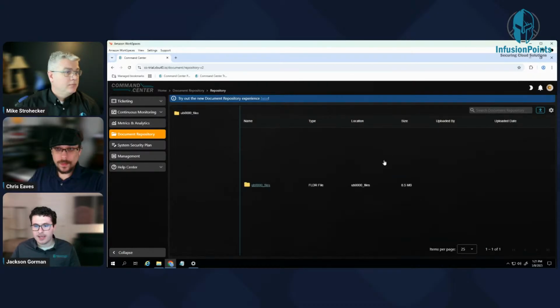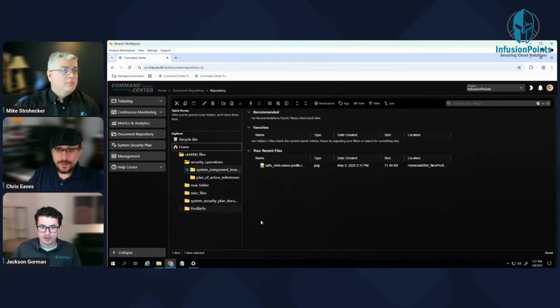All right, yeah, let's pivot over to our new look. This is a feature we're trialing for some of our early adopters here, but the doc repo and SSP management are housed in this module of the Command Center platform. Essentially, what we're showing you here is a secure repository hosted out of AWS S3 with built-in access controls and assurance for authorized users, just to make sure that you can upload, retrieve, and manage documentation from the central hub